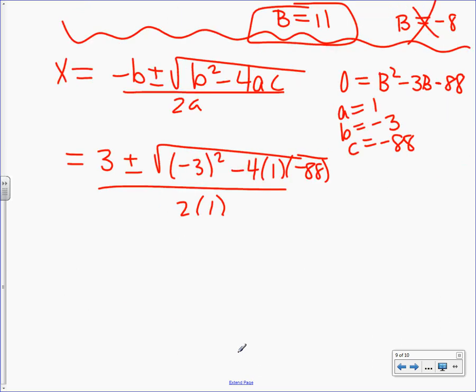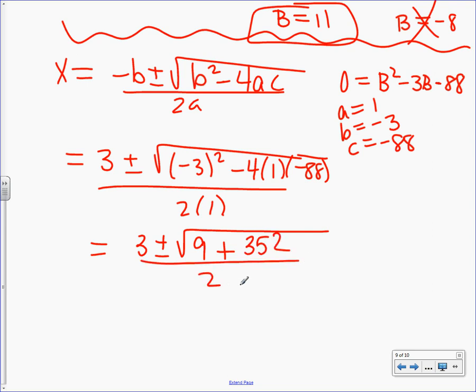Okay, so from here, 3 plus or minus square root. Some people can plug this whole thing in and get it right. I find that to be super tricky, but if that works for you, great. Negative anything squared is a positive, so that's a 9. This is a negative times a positive times a negative, so that's a positive. 4 times 88, I don't know what that is. 352